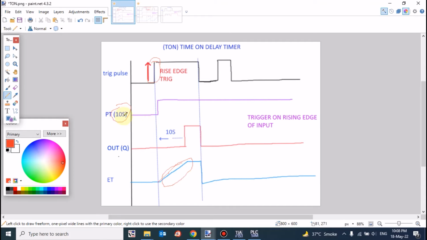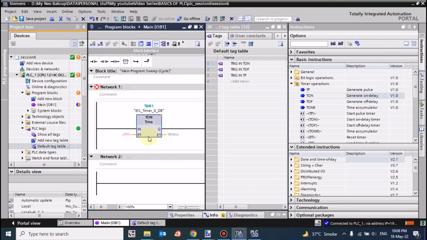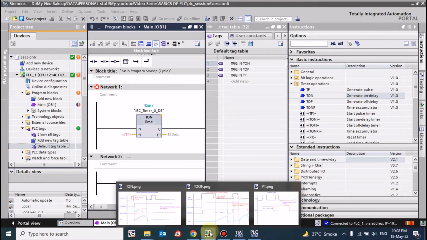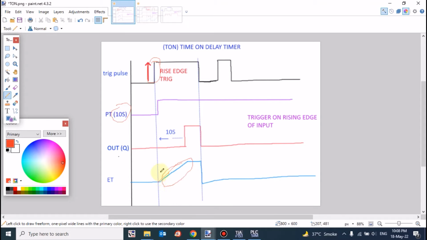So whenever I give a positive trigger at the IN pin of the T1 instruction, the timer will start counting up to the preset time. When the timer reaches the preset time, at this point, your output will be on. The output will start after 10 seconds,